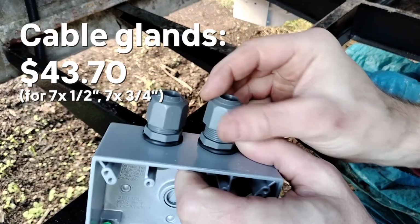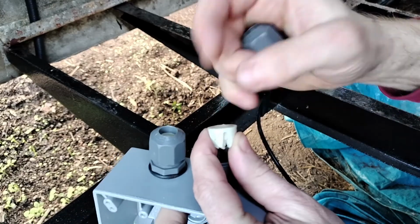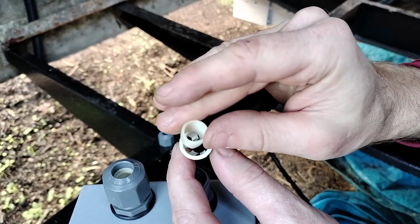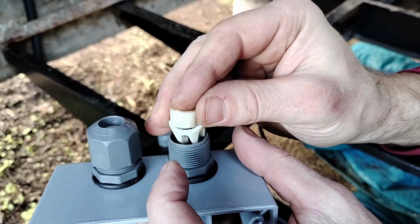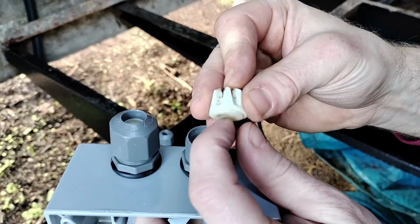Let's take a closer look at one of these. These are cable glands. I think they're also called strain relief. And inside here, you can see that there are 2 different pieces that help cinch down on the cable. There we go. So that nests in there, and then that goes in there, and then that nut tightens down on there and pinches this together to hold the cable securely so that no strain is put on the connections